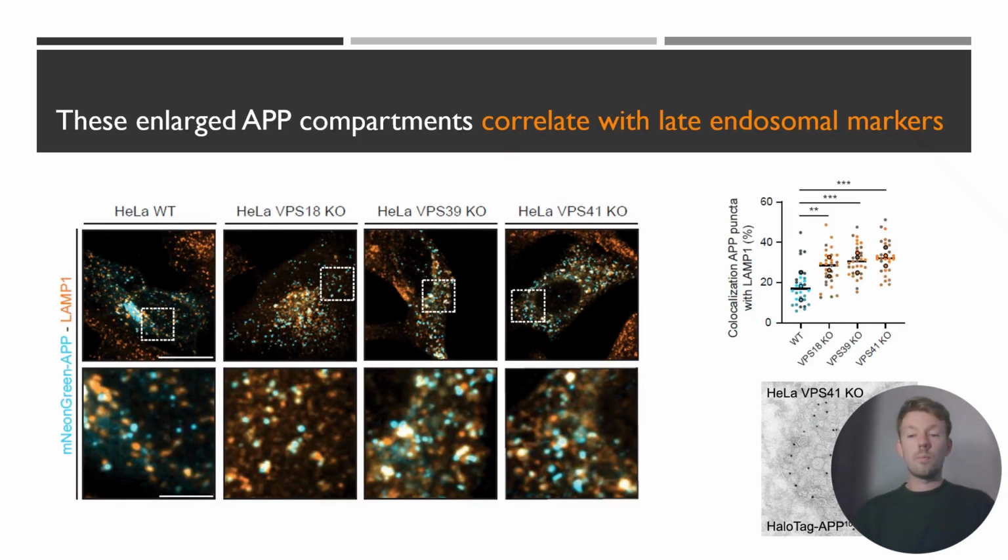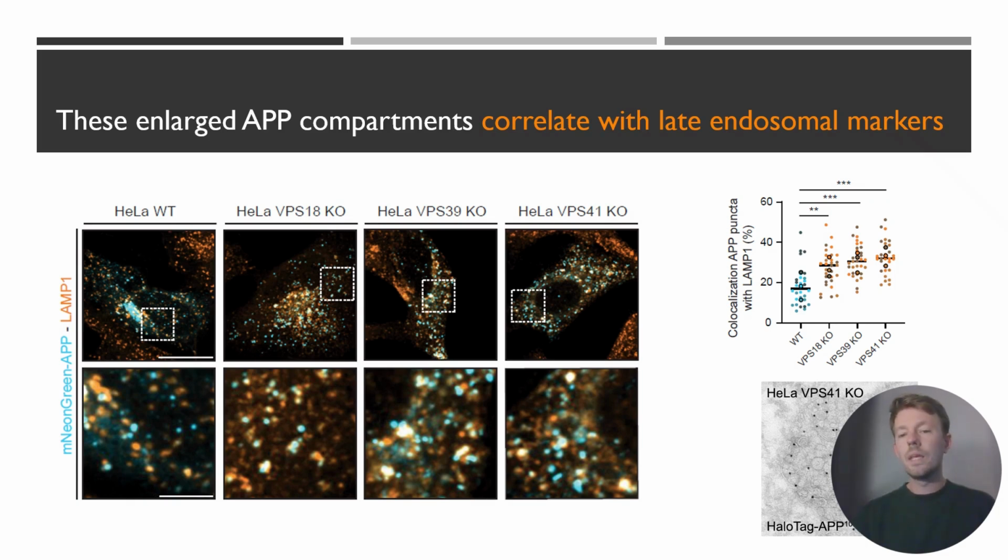Then we wanted to check what these compartments are. So we checked with a panel of endo-lysosomal markers to see what it correlates best with. One of these markers is the late endosomal marker LAMP1. And what we see is that if we deplete cells of the HOPS complex, there's an increased colocalization with this late endosomal marker. We also further checked with immunoelectron microscopy, in which the black dots indicate the Halo tag